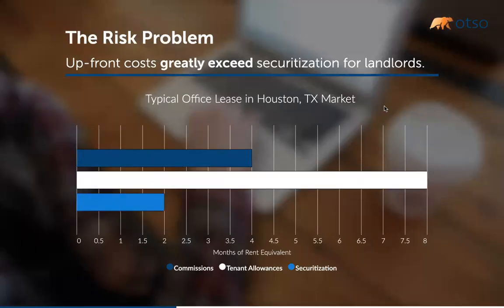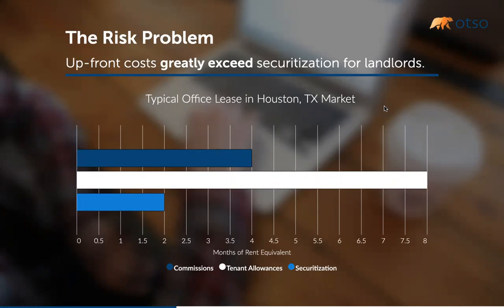And so, we've got a sort of an amalgam of issues here for owners: rising costs just to operate the property, vacancy hurts, defaults hurt worse. And really this is what Otso is built to solve. The upfront costs in a lease, commissions, which we love brokers. I was a broker for a long time. Those commissions are big numbers though, and they're taking an upfront cost for a landlord. There's a big risk there.